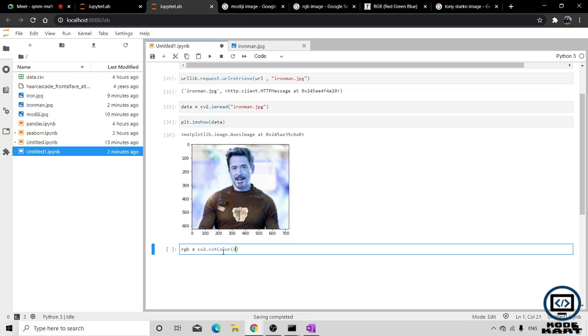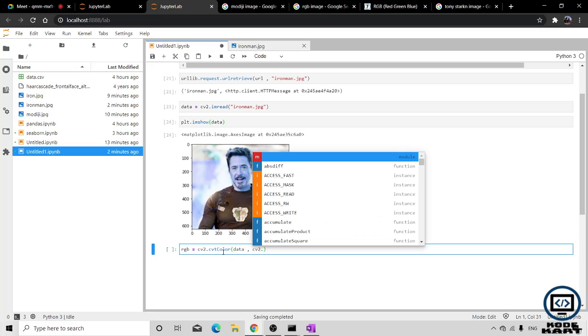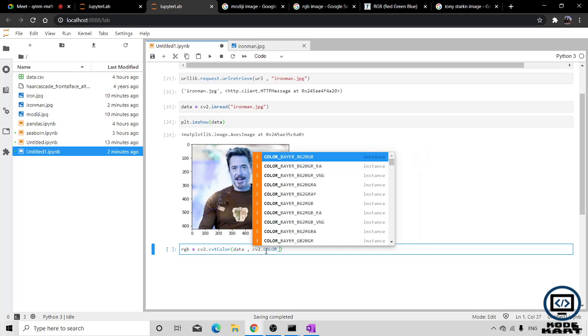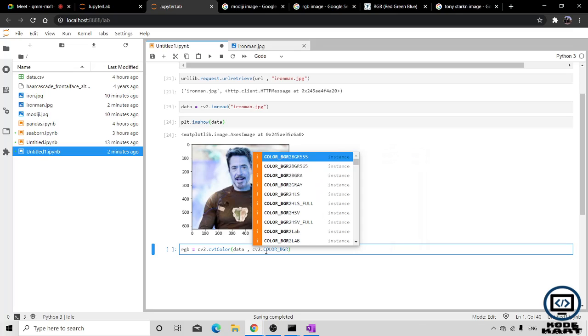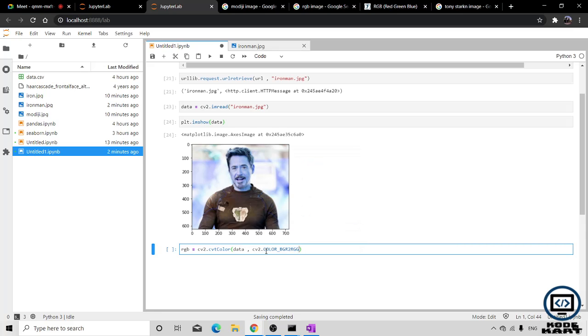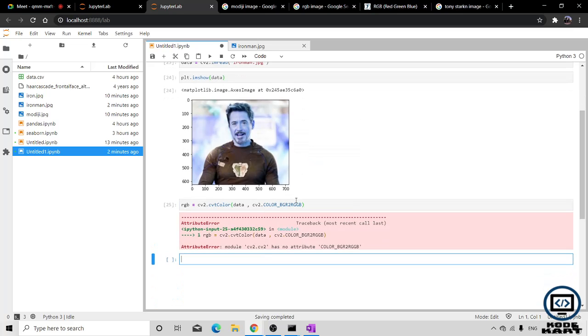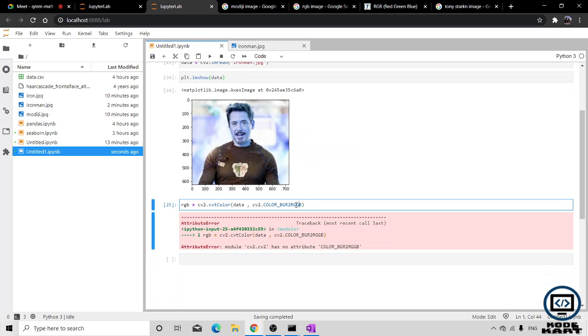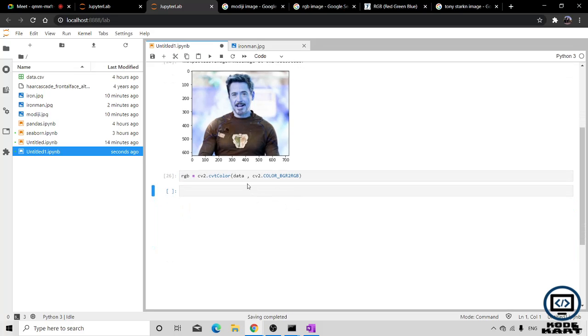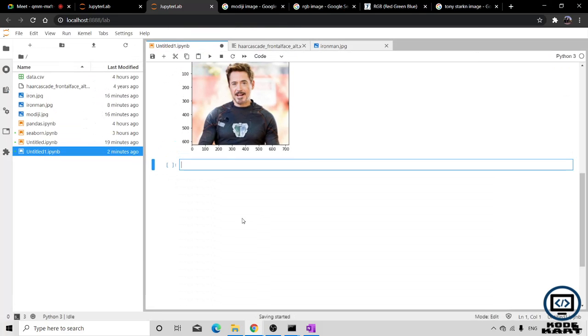I want that data to be in RGB format, so we'll do cv2.COLOR_BGR2RGB. What is the error? Oh yeah, this is it. So if I do plt.imshow this time, now let's move to our face recognition part.